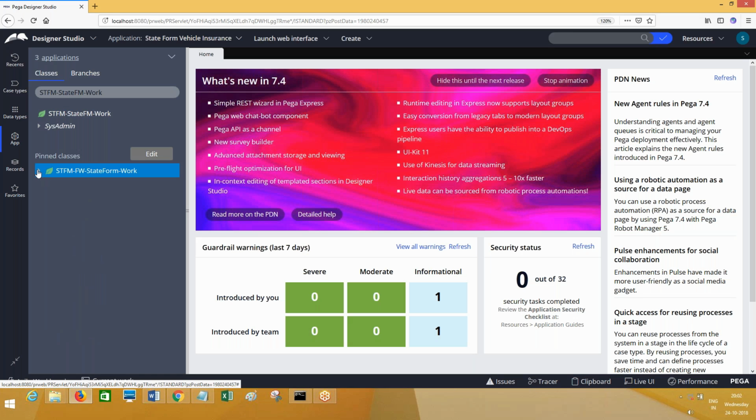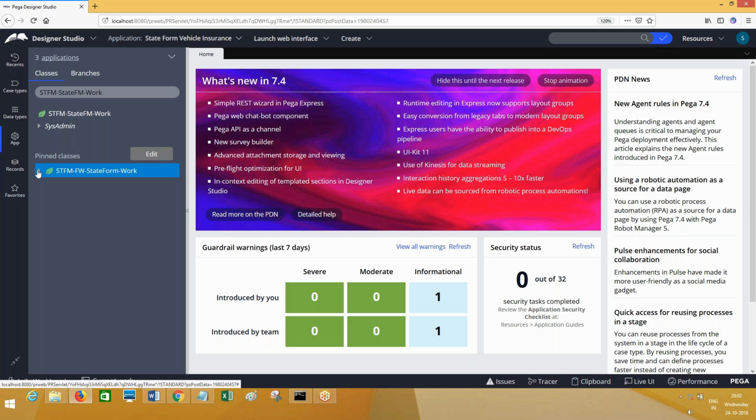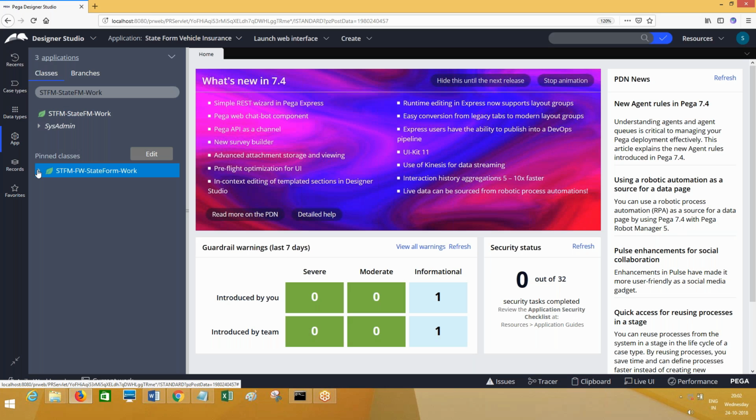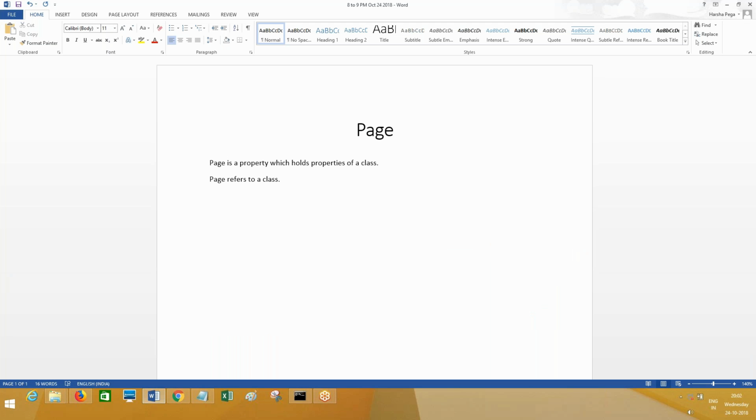How do you create a page holding some of the properties? That is what we are going to discuss now. Let us go ahead and see how to create properties and pages for the properties.